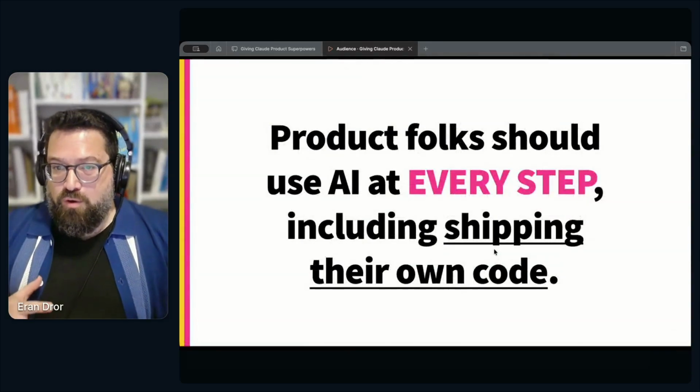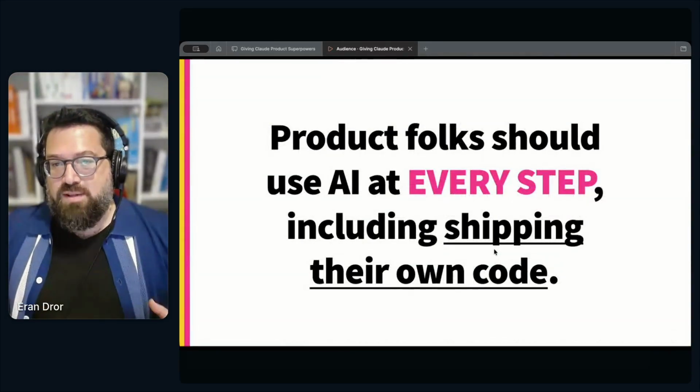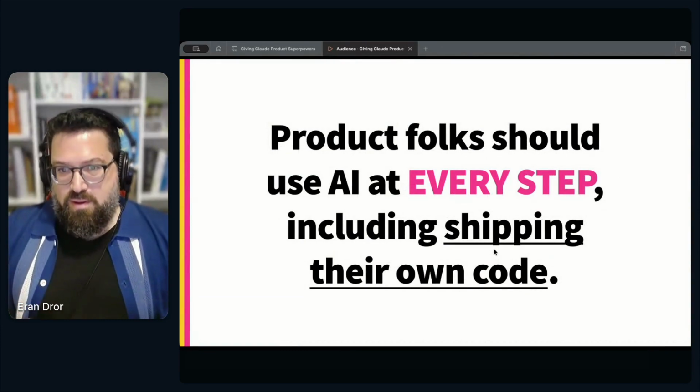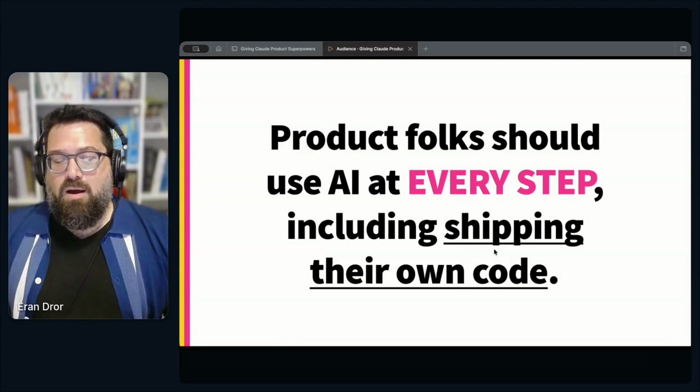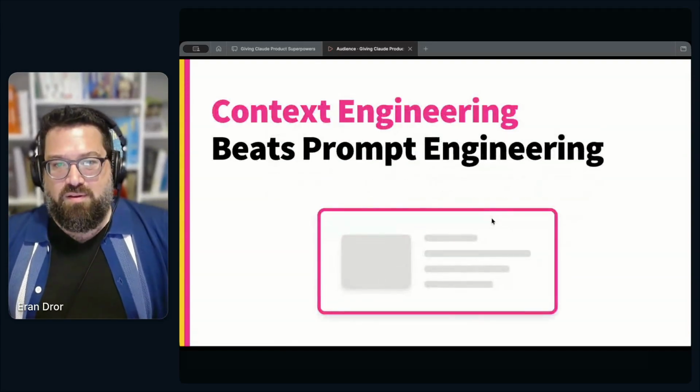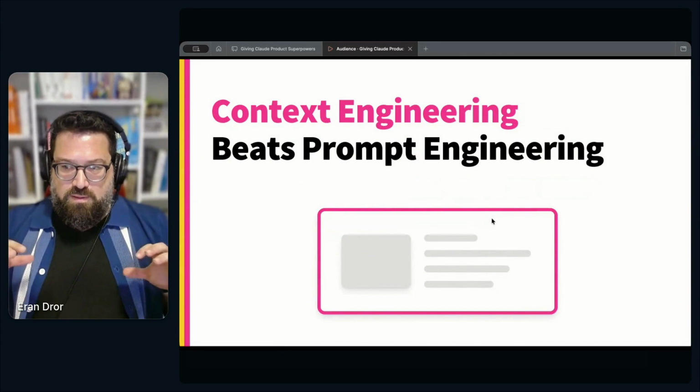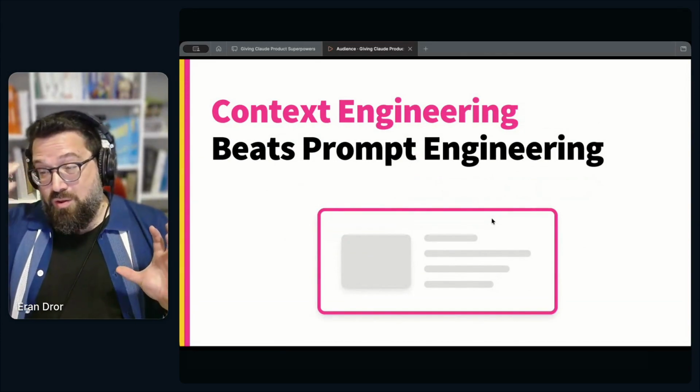But another part of it is we should really use AI at every step to support our human capabilities, right? So what are these steps? So the first thing is to kind of think about